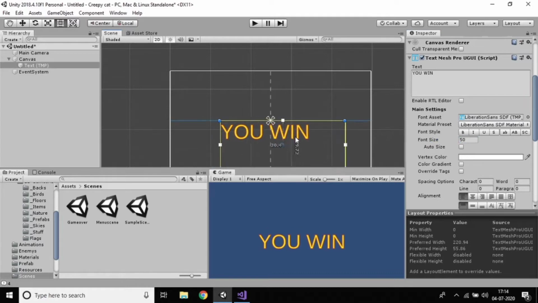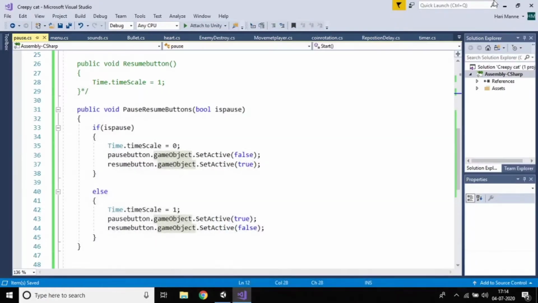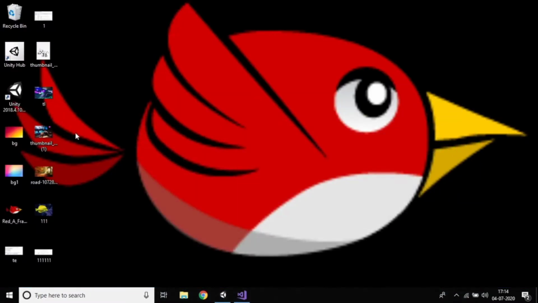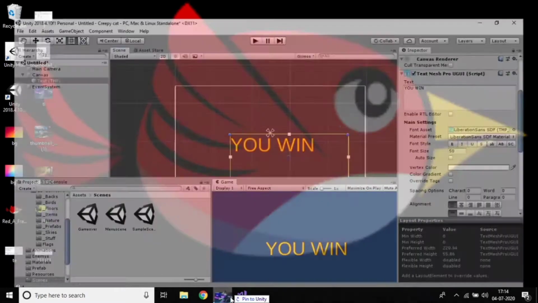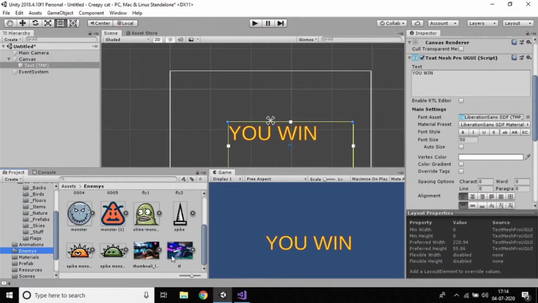If you want to keep a background image, you can just drag one in. I have a lot of images here. I already added one to the previous scenes too.